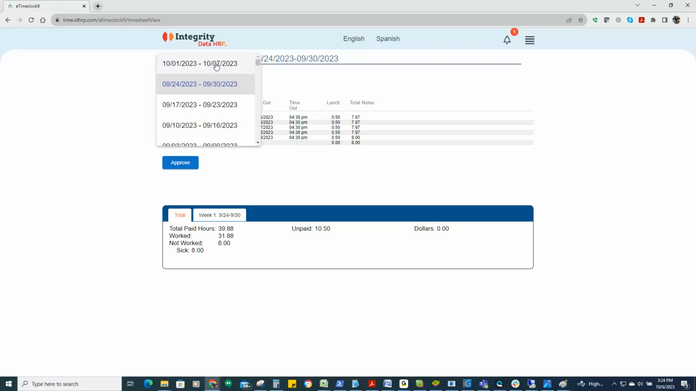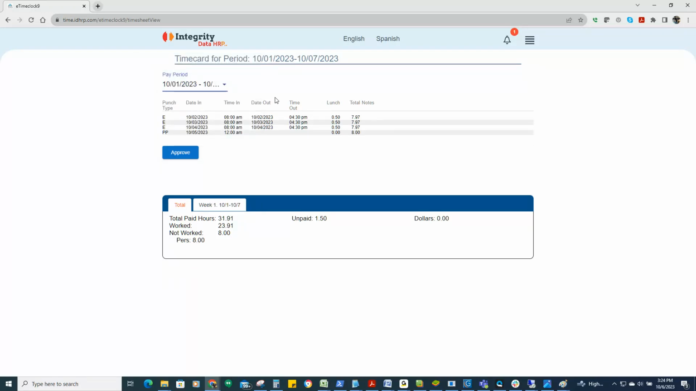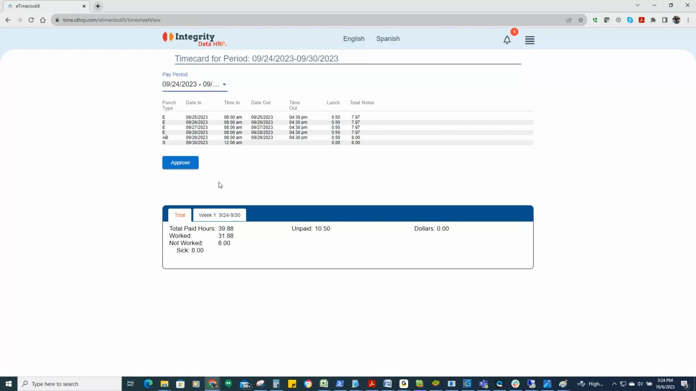You can scroll upwards or back. This is my current pay period. I can go back to my last pay period or so forth. I've got an approval button here, and if the company requires you to approve your time